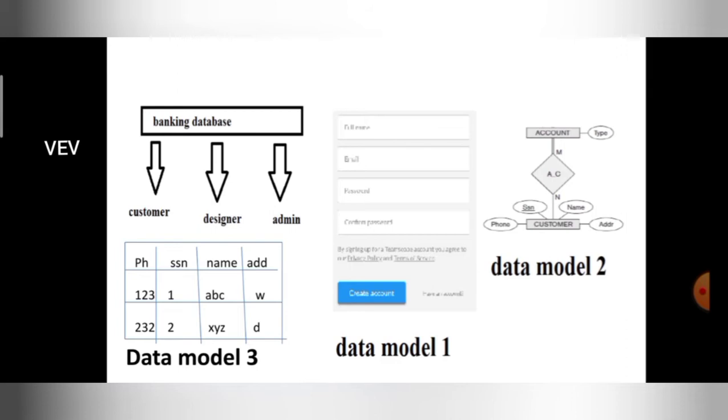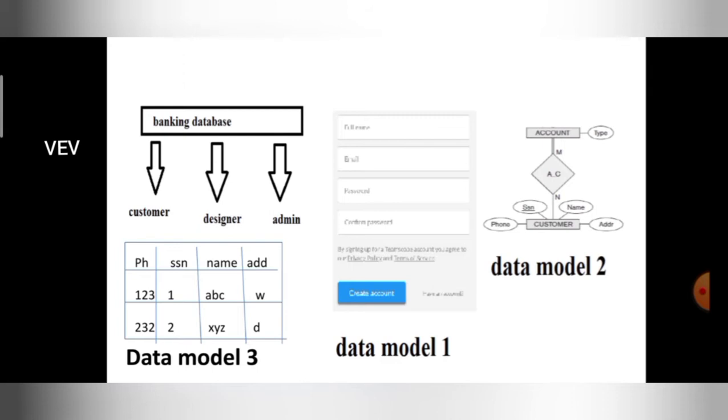Why? See, this create account feature is seen by only the customer. Customer can create the account by entering the details. Getting, guys? Designer and admin, they don't want these details because they are least bothered about these details. Only customer needs these details.